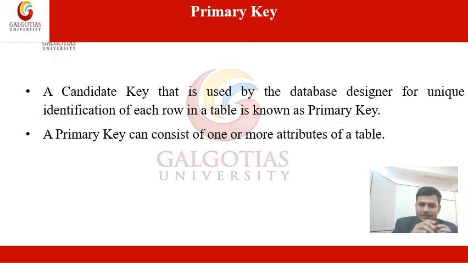Okay, if a single attribute has no sufficient power to identify each and every record uniquely, then we will take two attributes, and we will check whether the combination of these two attributes is capable of identifying each and every row in the table uniquely. Again, if it is not capable, we will go for three attributes, and so on, until we are able to find the data uniquely.